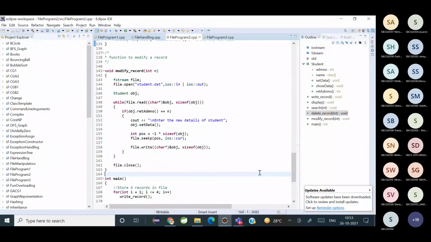You are reading the object from the file while objects are there in the file, then you will ask to return the admission number. If the admission number is equal to what we want, then we will ask to enter the new details of the student, because you are modifying that particular admission number's details. So you'll ask the user to enter new details of the student.